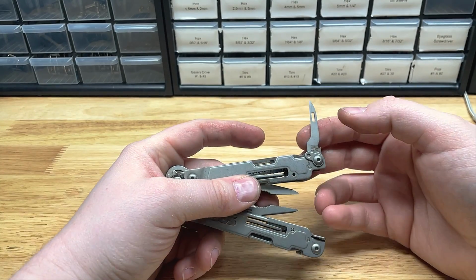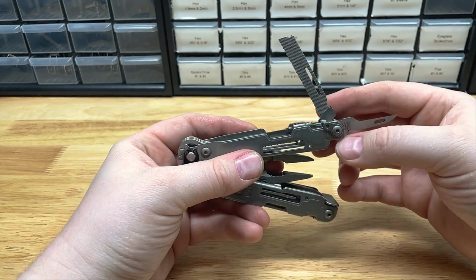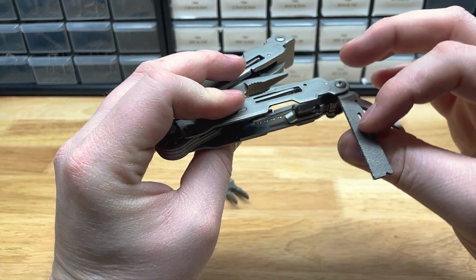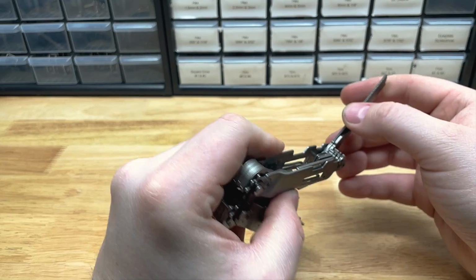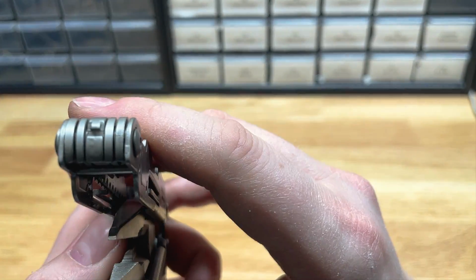Then you're going to have the awl, which has a sewing eye. And finally, the file, which has a single cut, double cut on the outside, and then kind of a metal saw down the edge. From the end,